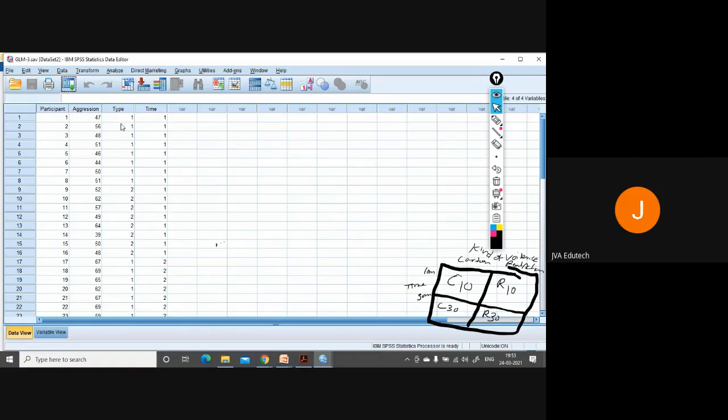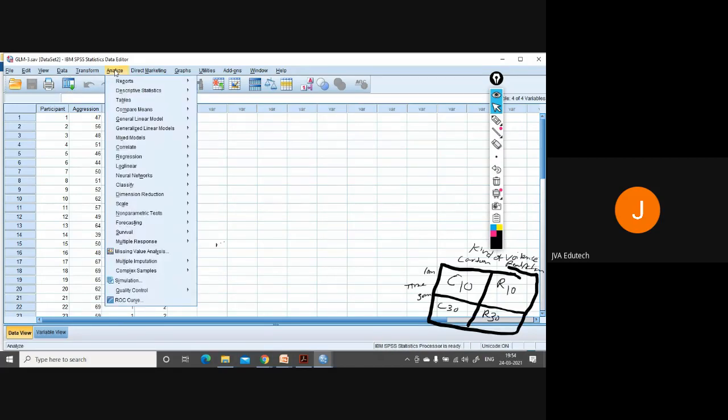Type means kind of violence: 1 stands for cartoon, 2 stands for real action. For time, 1 stands for 10 minutes of exposure, 2 stands for 30 minutes of exposure. Now we have to see what the outcome is. What is the effect of all these on the aggressive behavior of the students?